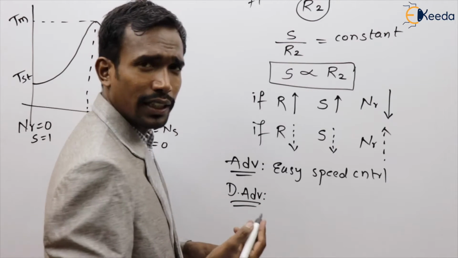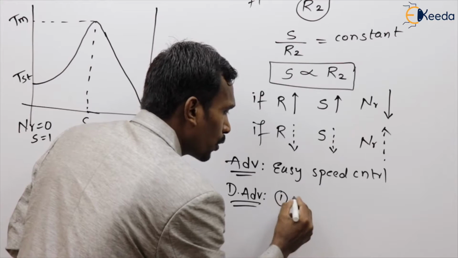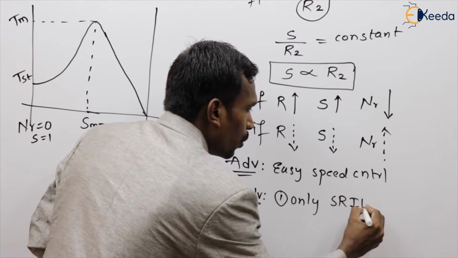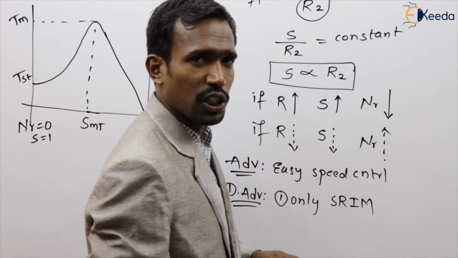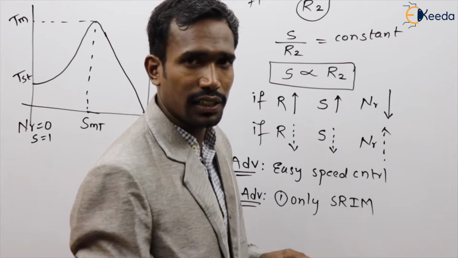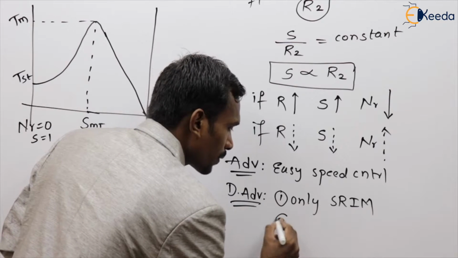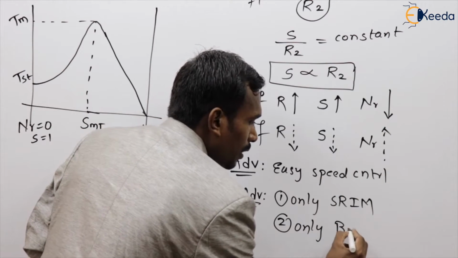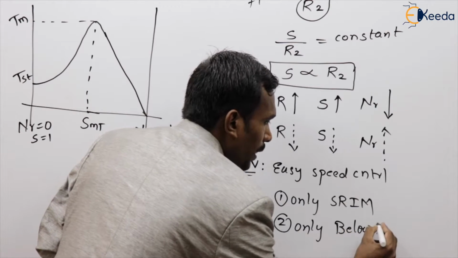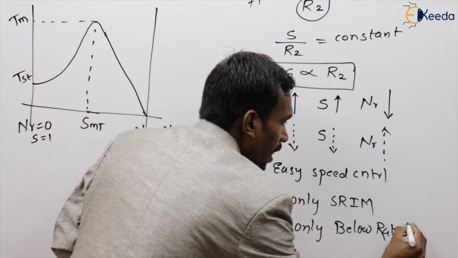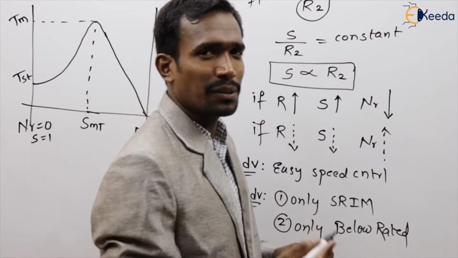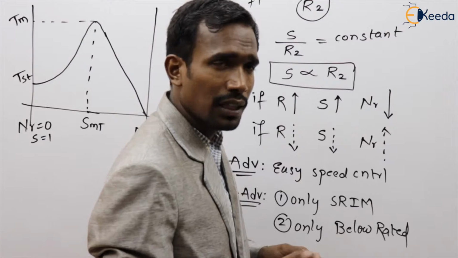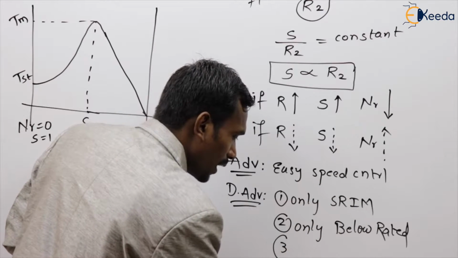What are the disadvantages? First one, only applicable for slip ring induction machine, not applicable for squirrel cage. And next one, only applicable for below rated speeds, not applicable for above rated speeds. And next and most important one,